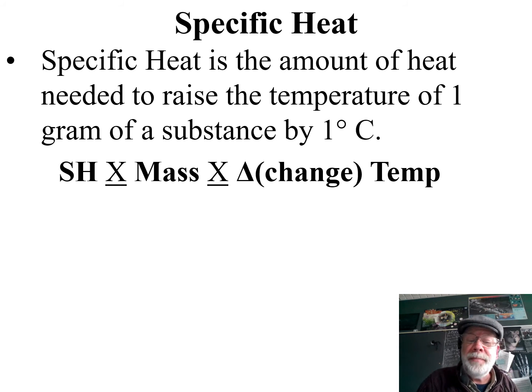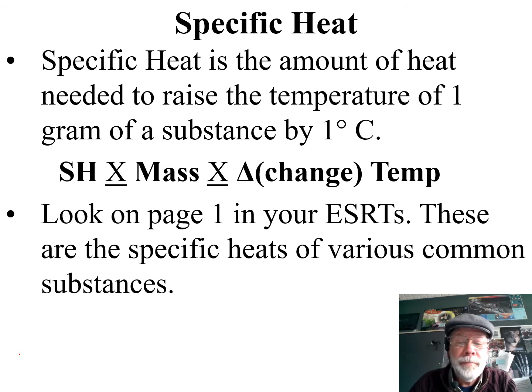So the specific heat times the mass times the change in the temperature is how you find out how much heat you need to change the temperature of a certain amount of water. So if you look at all these specific heats, gee, what thing has the least specific heat of any common substance? And you'll see, this is odd, it's lead.